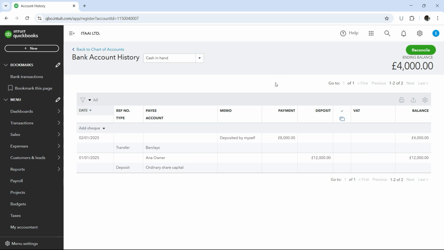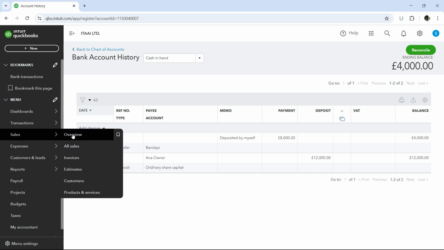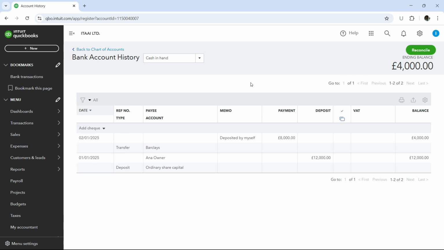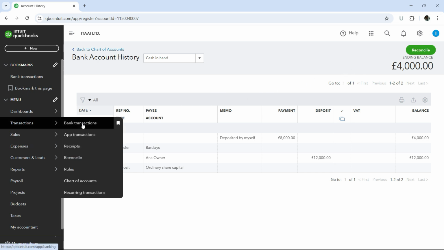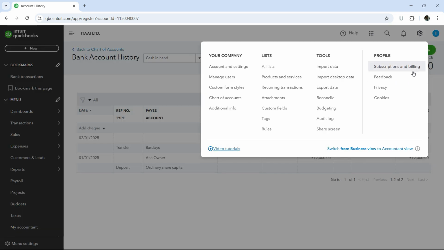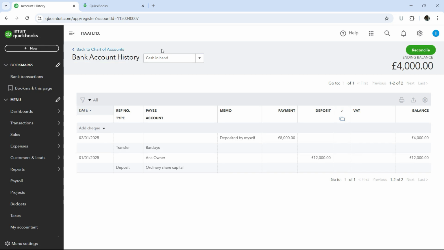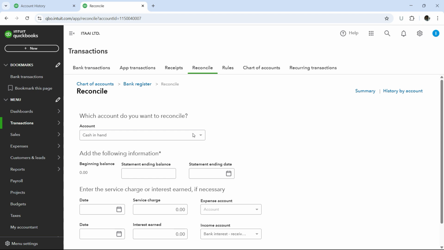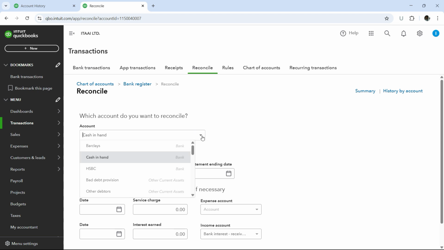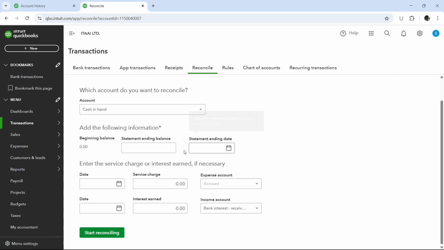So how do we approach the reconciliation? First of all, let us go to the reconcile screen. You can go to that screen from here, Bank transactions, or you can directly go there from here as well. So Reconcile, and open in new tab. Now on this screen, first of all, choose the right account. In our case, it is cash in hand, and you will notice that we have some additional fields available here. The system knows that we haven't uploaded a statement for this, so it has given us some additional fields